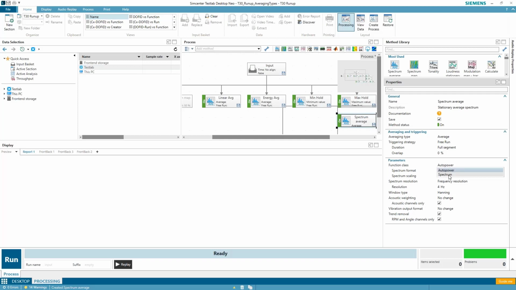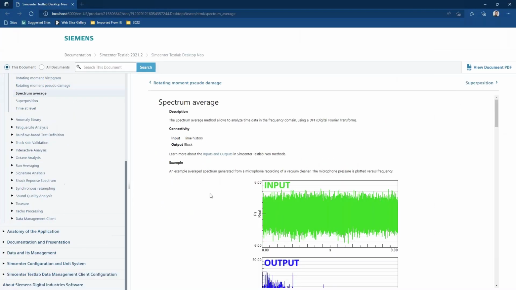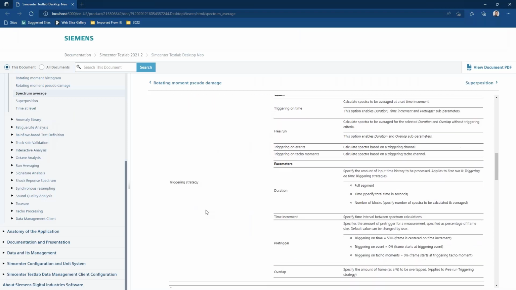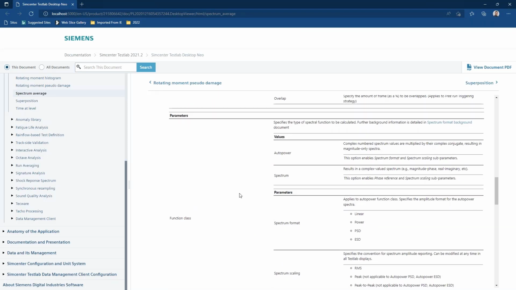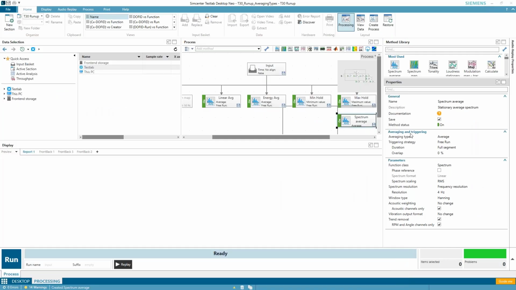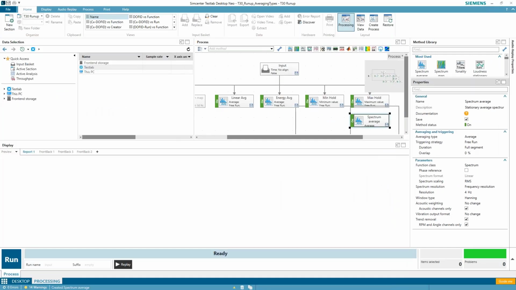If I change this to spectrum, this will now do a linear average, again, for those complex functions. The real and imaginary will be done separately. If this is a little bit confusing to you, you can look in this help and it will explain this to you. Again, we're trying to error proof this a little bit for you so that, when you are feeding an auto power spectrum, you essentially do that energy average because of the way that the function is formulated. And similarly, if you're trying to maintain some phase, you want to keep those complex numbers separate and keep that phase. So again, it has to do with this type of function.